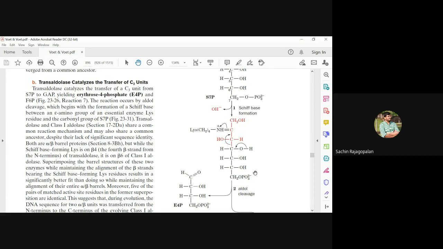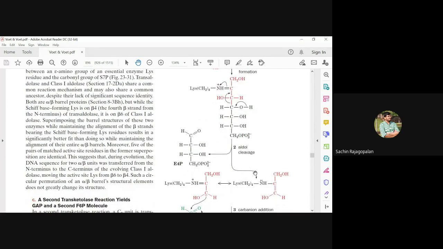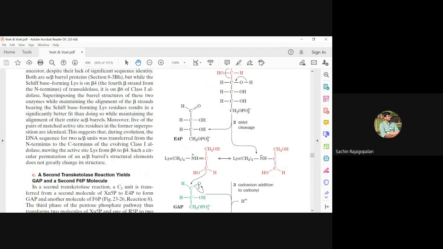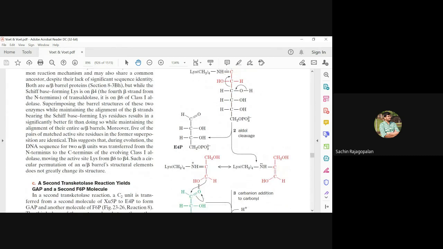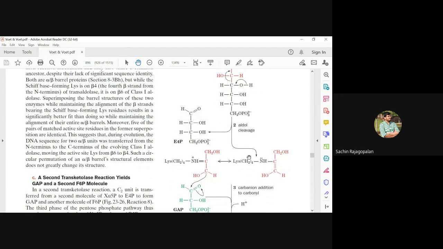Okay, now what am I left with? I am going to be left with a structure wherein I have the enzyme and a 3-carbon structure attached to it, something like this, as you can see on the left hand side. This is what is going to be left with the enzyme. Now, I want to readjust this structure. Okay, yes, so this is the structure that you form. I'm sorry, this is the structure that you form.